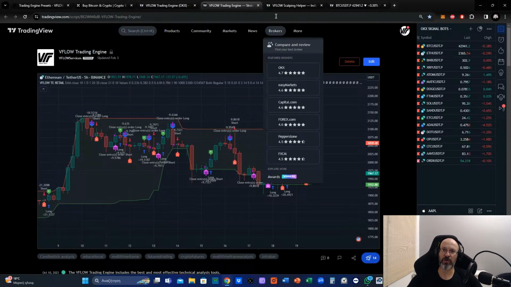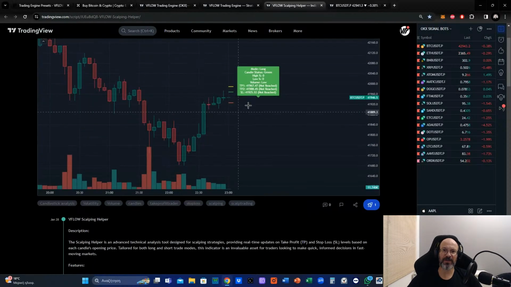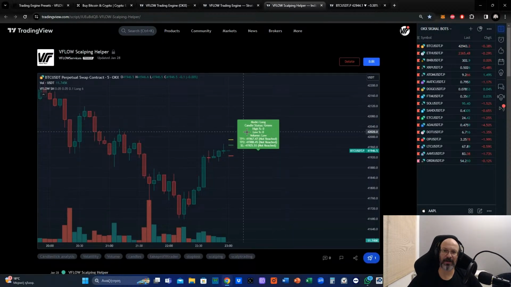You can interconnect it with any system that you wish to do trading at, and you can use the generic version. We also issued last week the VFLOW scalping helper, which is this green dashboard. You can change it from long to short, and it's a dynamic take profit and stop loss signals generator, meaning that you set the first take profit, the second take profit, and the stop loss. When the price dynamically hits these limits, you have alerts being triggered. And of course, the board is going to inform you whether the specific level has been reached or not. Now let's move on to our main